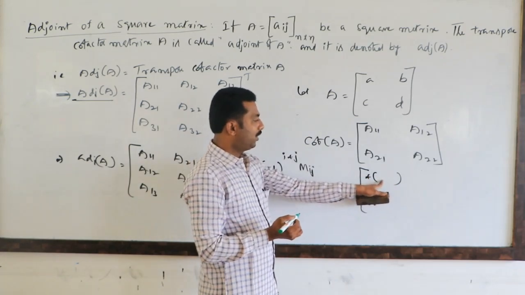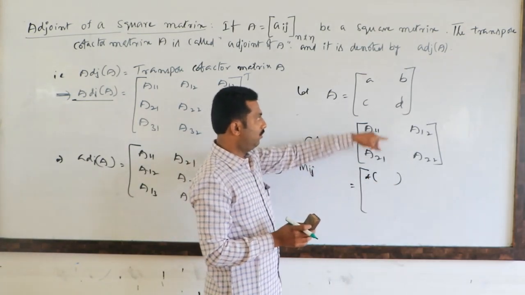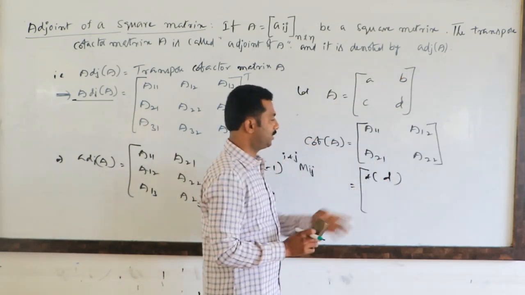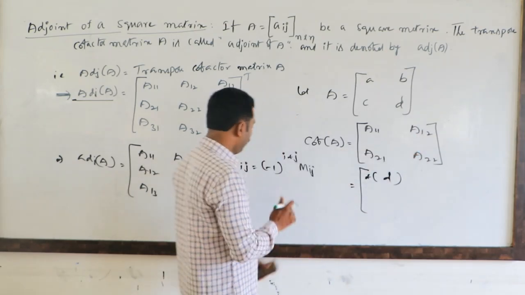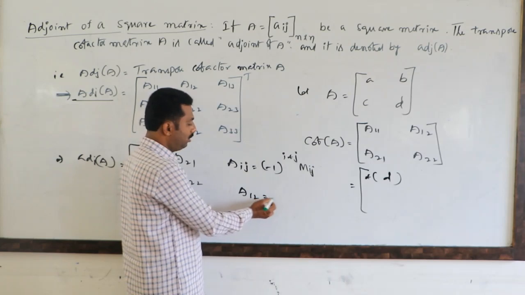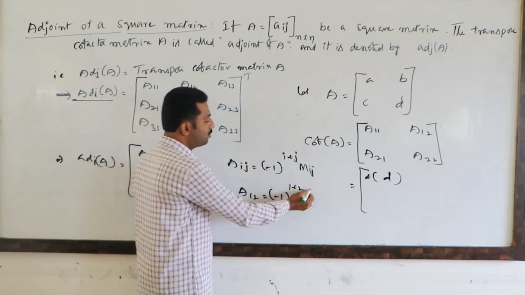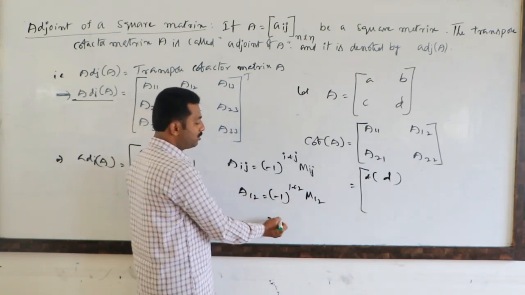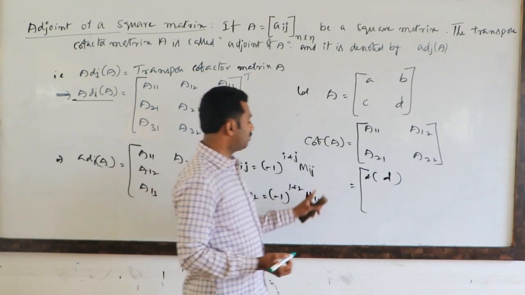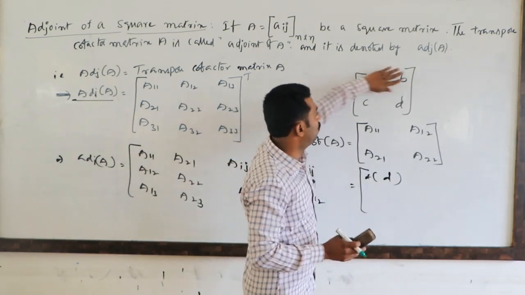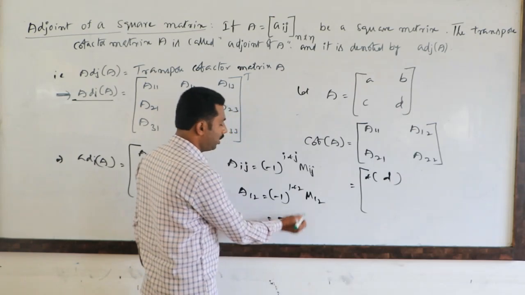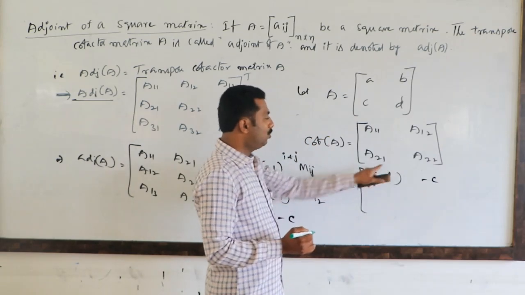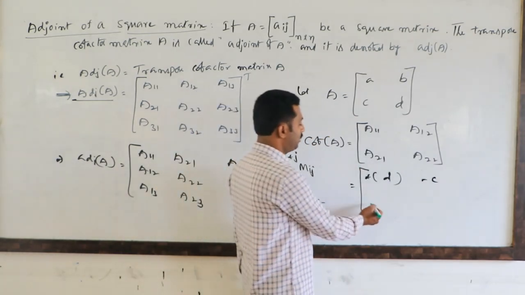So later we have to fill up this blank by deleting the first row, first column. First row, first column, then this is D we got. Next, this A12, how to write? This is A12, (-1) to the power 1 plus 2, this is M12. Minus 1 whole cube means minus 1. M12 means at first row, second column we have to close. First row, second column, that is C we got. So how much is it? Minus C.